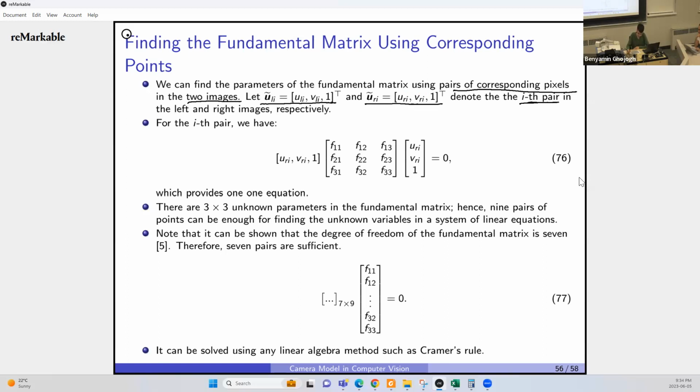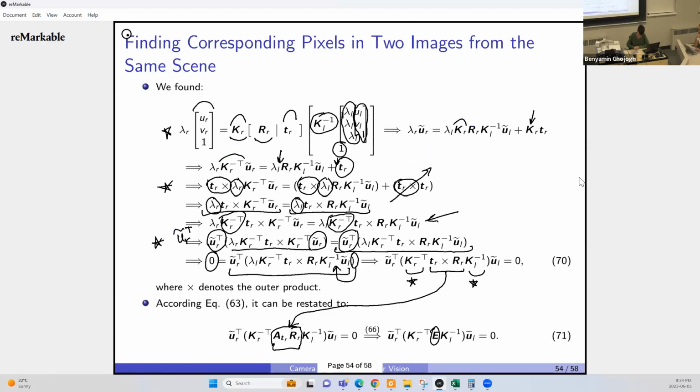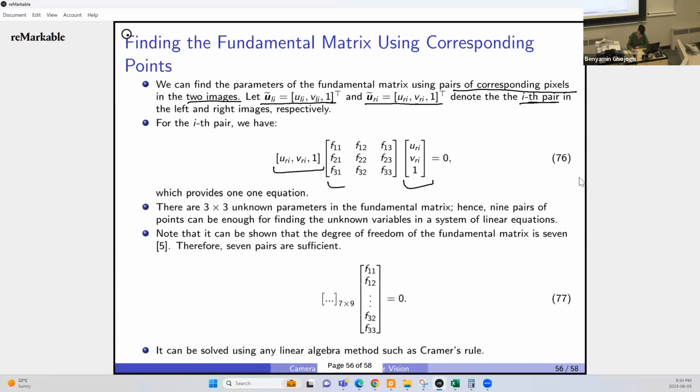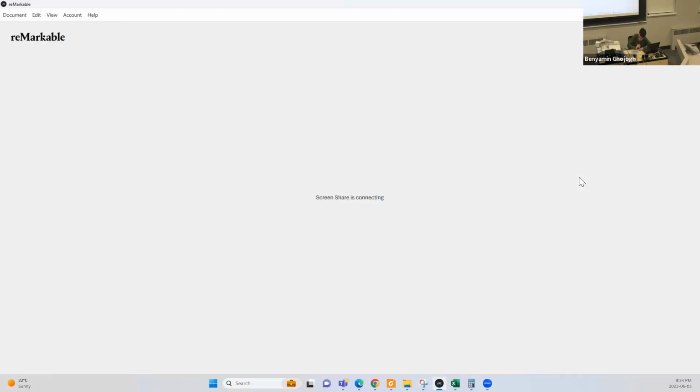So the ith pair, we have several pairs. This is the ith pair. Okay. So I put it in the equation that we found for fundamental matrix, equation 75. This is the fundamental matrix. All of these elements are unknown. We want to find them. Okay. There are 3 by 3 unknown parameters in the,